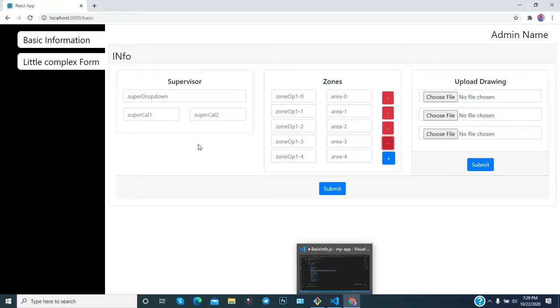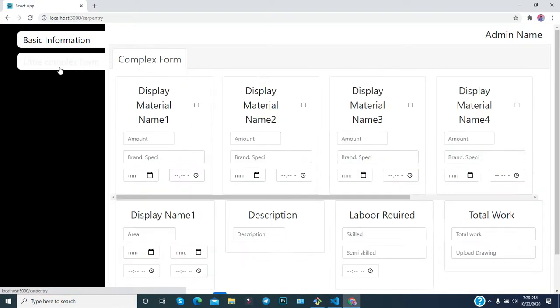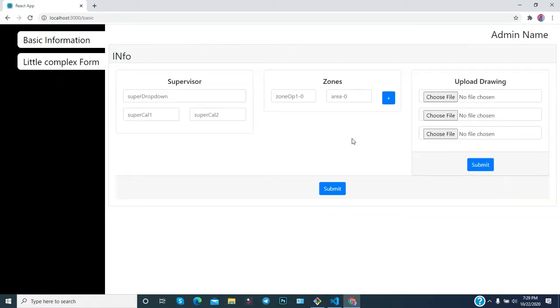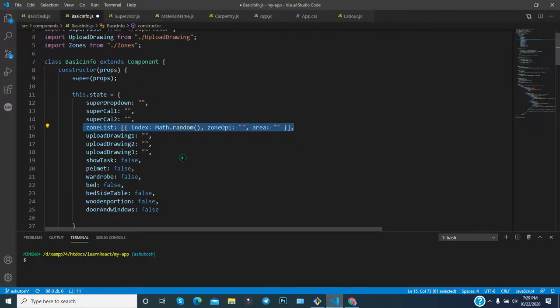As you can see, after initial page load, you can notice only one row. Why? Because initially you have utilized only one row. That's why you are getting one row. But after clicking the plus button and after clicking the minus icon, the row is getting added or removed.